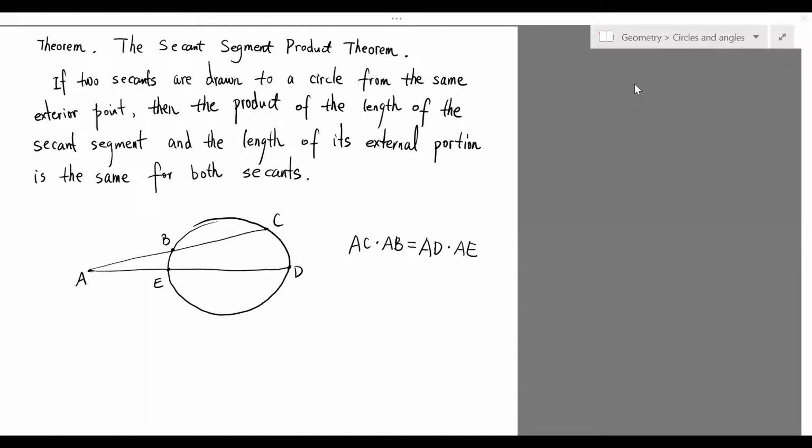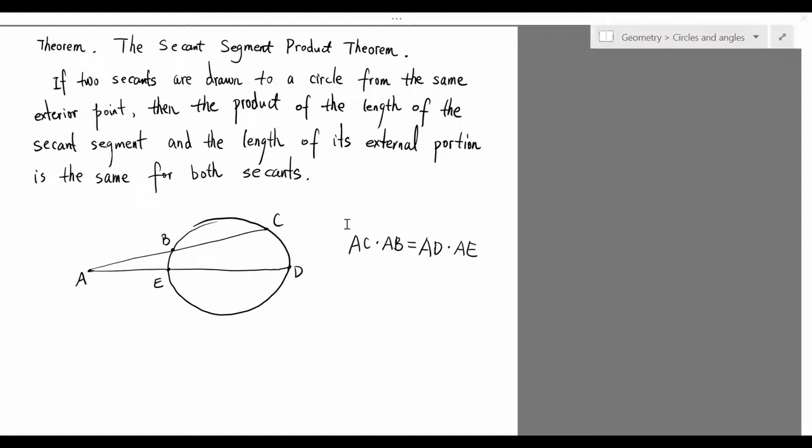In this video, we're going to look at the secant segment product theorem. This theorem says that if we're given a circle on the Euclidean plane and two secants to this circle, say the secant AC and the secant AD, which intersect the circle at the points B, C, D, and E respectively, then we could actually show that the product of AC and AB is equal to the product of AD and